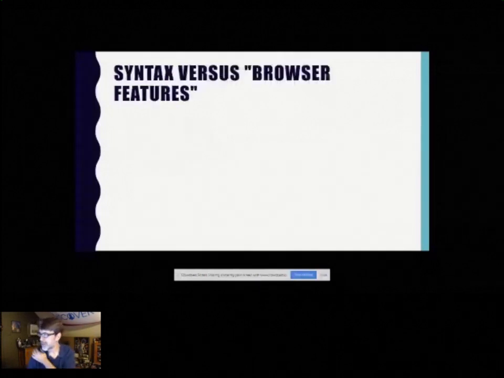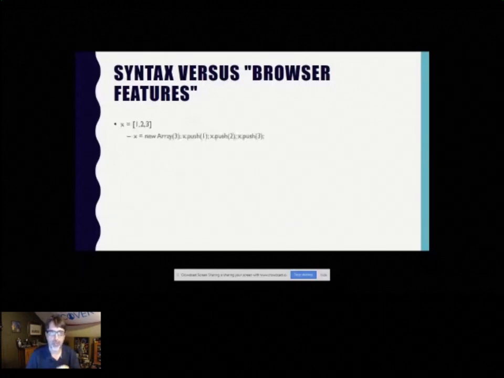So something else to keep in mind, and this is a critical thing to keep in mind when we're talking about ECMAScript and the specification: you're talking more about syntax versus what I call browser features. So what you're seeing on screen here is an example of what I mean by syntax.